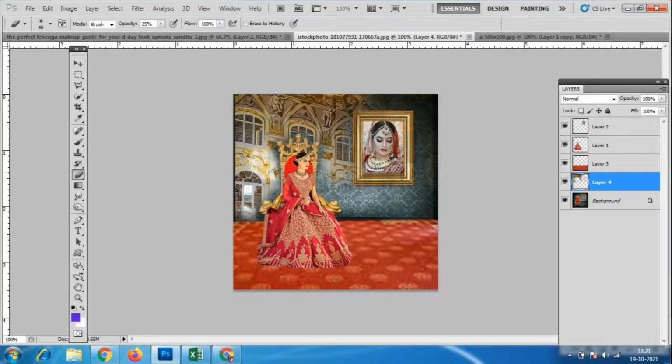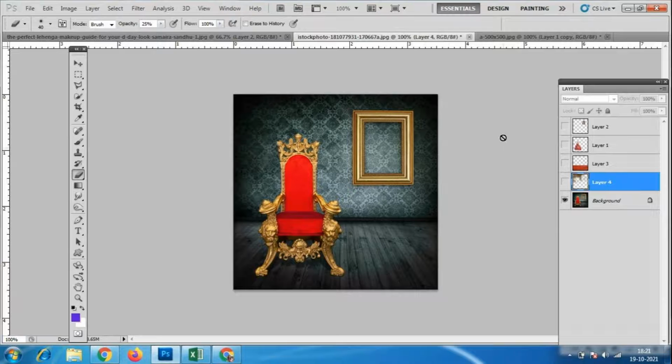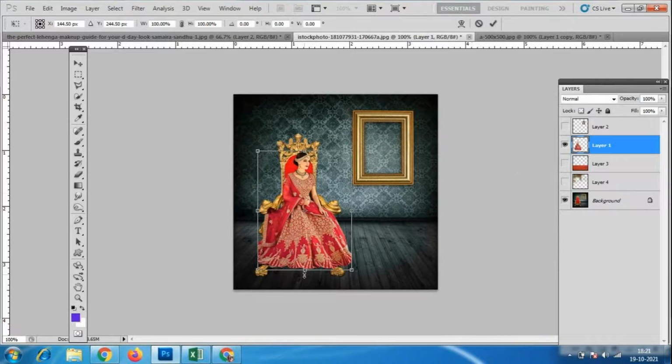So this is the collage work, very simple collage work. I have not taken a very big scenery over here. See, everything is in a different layer. Before it was like this, so later I have placed this girl, and you can make her a little bit taller.